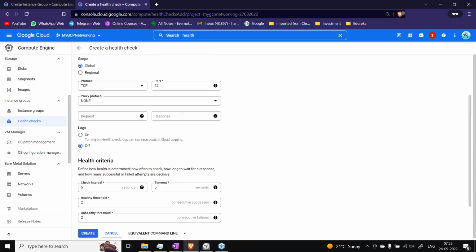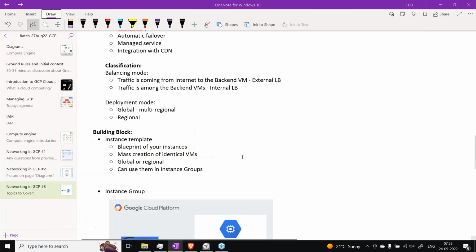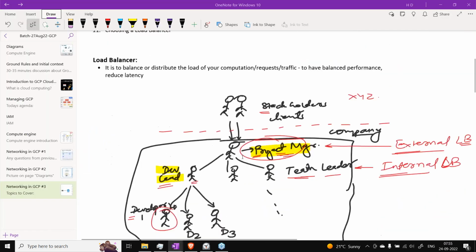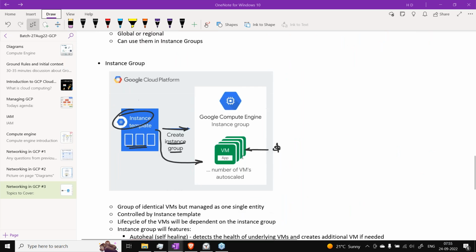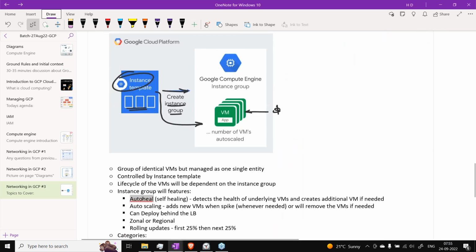That's fine. So what happens is, now coming back to this particular diagram, right? Okay, this one. So auto healing, this is what we are talking about. It will detect the health of underlying VMs. So if one of the VMs is not responding, how will this instance group come to know that this VM is not responding, right? How will it know? It has to have some service attached with it. It is called a health check. I'm sorry, let me take a pen. So it's basically a health check service. Then it directly monitors the